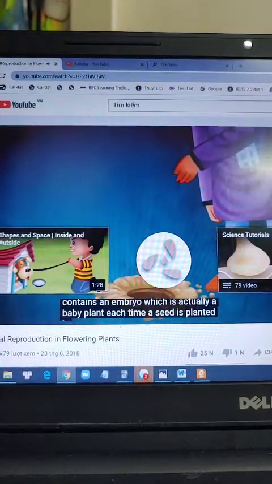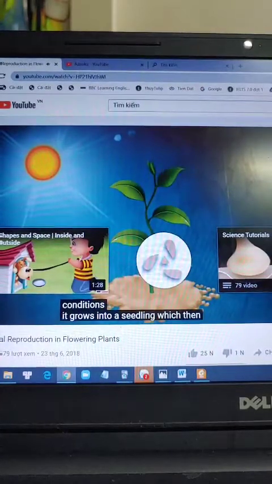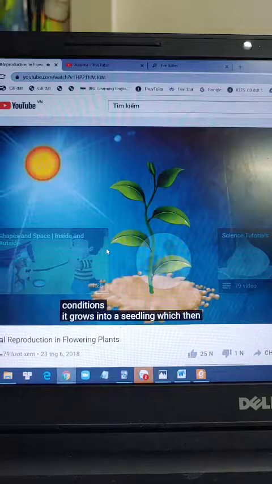Each time a seed is planted in soil in a suitable condition, it germinates into a seedling, which then